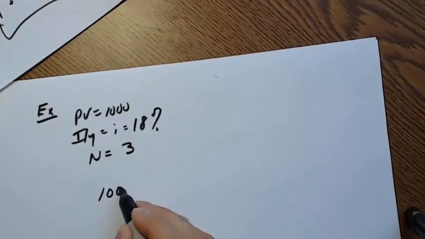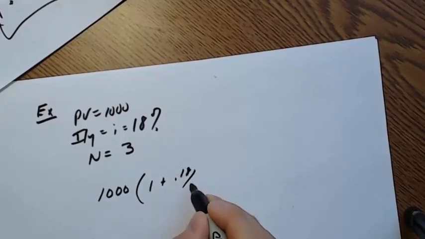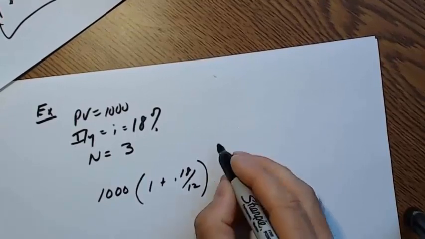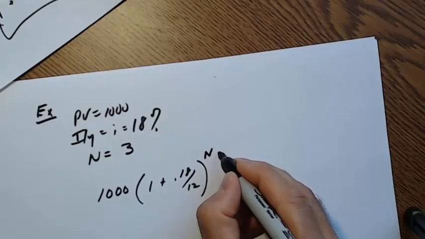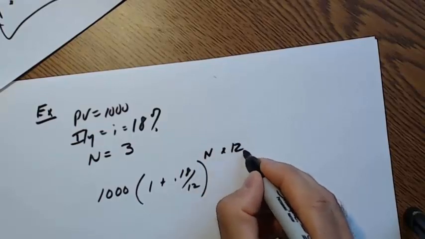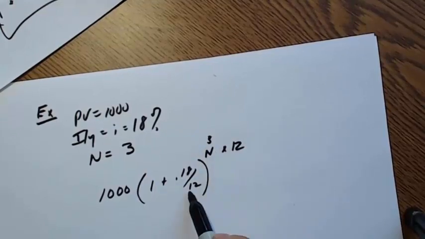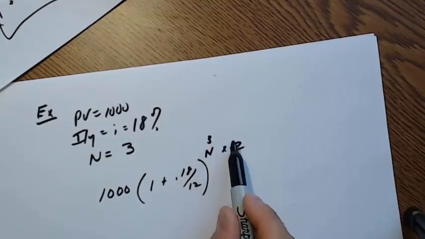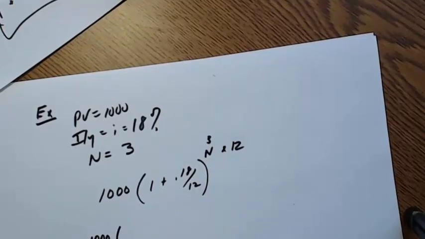Well, put that into the formula. Here's your 1,000 times 1 plus 0.18 divided by 12. We have monthly compounding, so it's going to be n years times 12, and this n equals 3 years. So the number of months in a 3-year period is 36. That's what that's telling you right here in this exponent. It's 36. So that's the same as saying 1,000 times